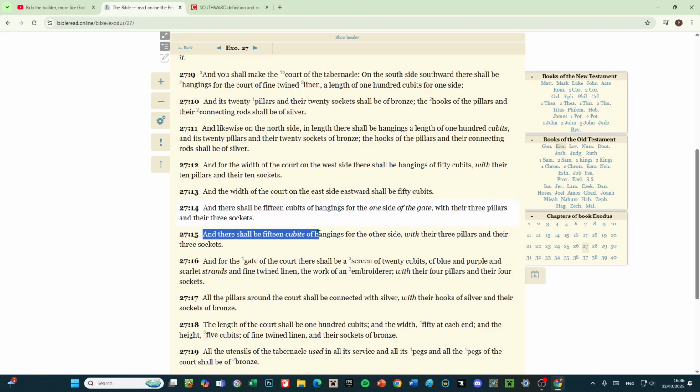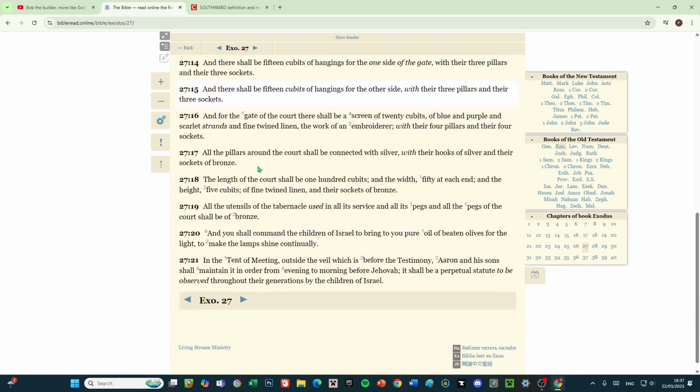And there shall be 15 cubits of hanging from the other side, with their 3 pillars and their 3 sockets. And for the gate of the court there shall be a screen of 20 cubits of blue and purple and scarlet strands of fine twined linen, the work of an embroiderer, with their 4 pillars and their 4 sockets. And the pillars around the court shall be connected with silver, with their hooks of silver and their sockets of bronze. The length of the court shall be 100 cubits, and the width 50 at each end,